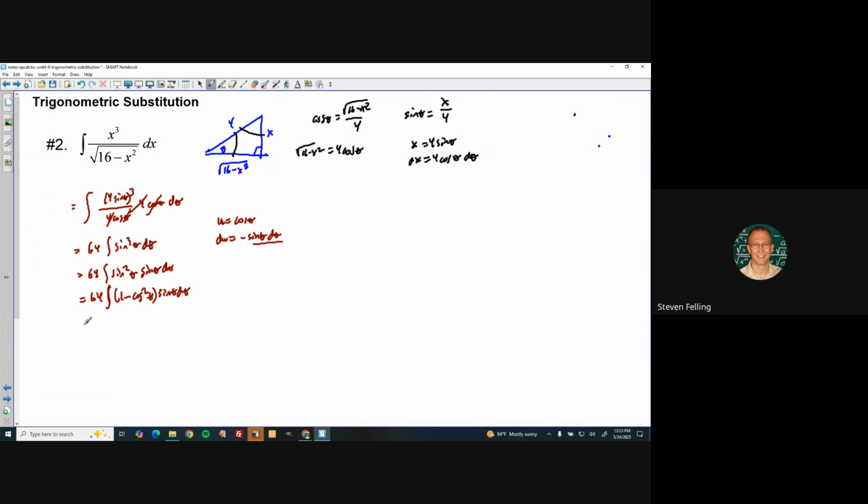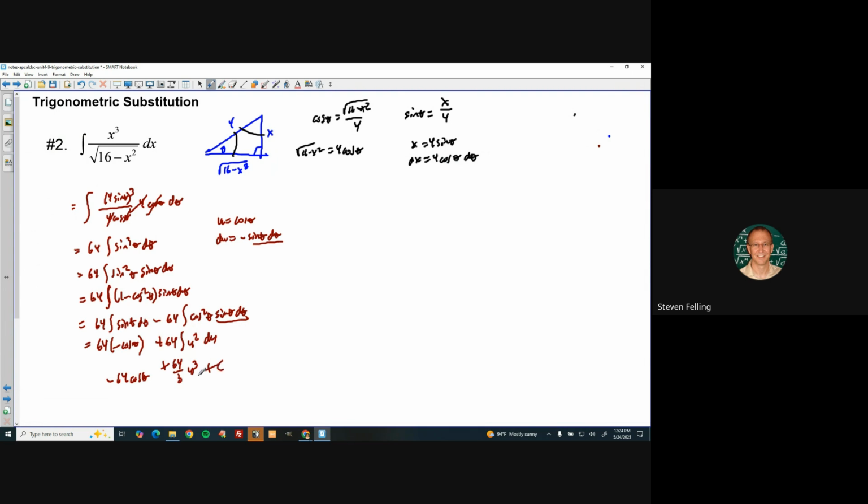We could distribute that and get 64 times the integral of sine minus 64 times the integral of cosine squared with the sine, and then do the u substitution where needed. So this is just the negative cosine. And we have negative 64. This would be the integral of u squared, but this is actually negative du. So this is going to become a positive there in du, which means this is 64 over 3 u cubed. We have a negative 64 cosine